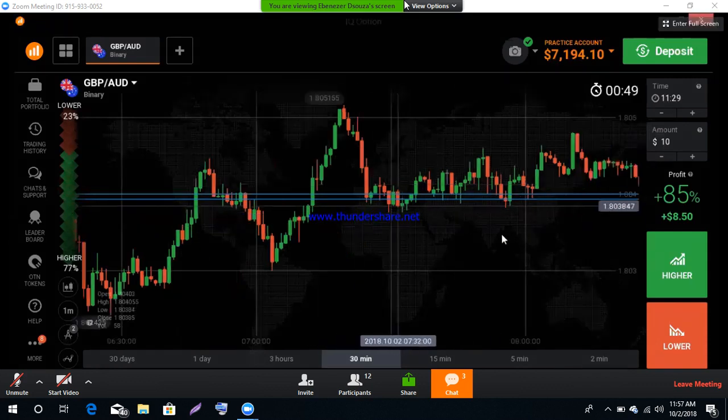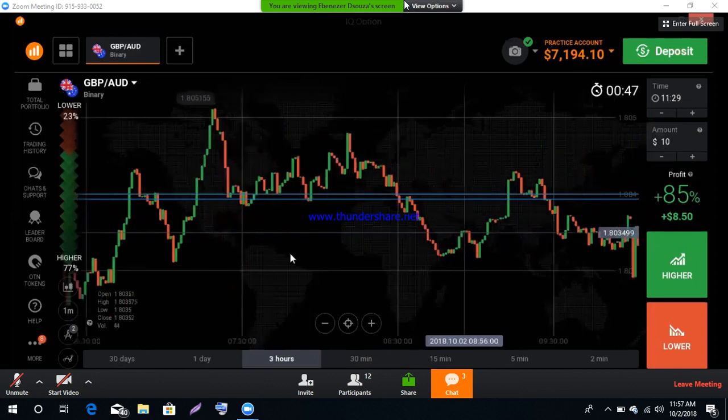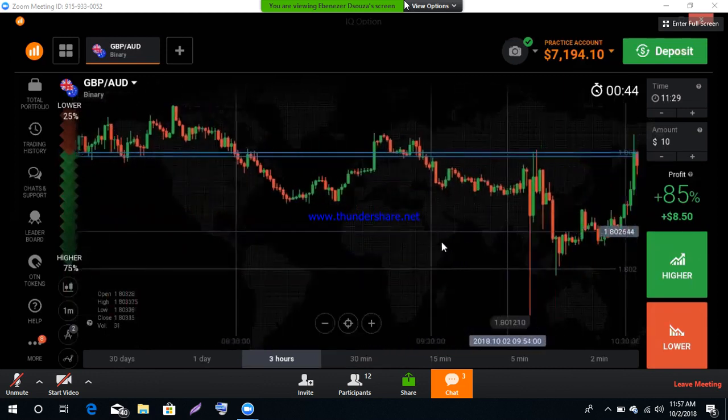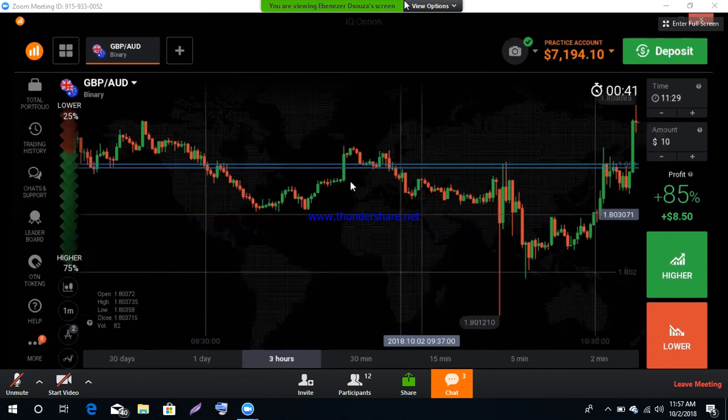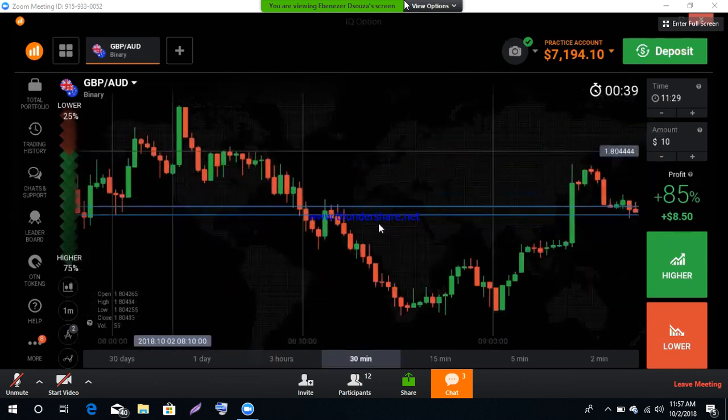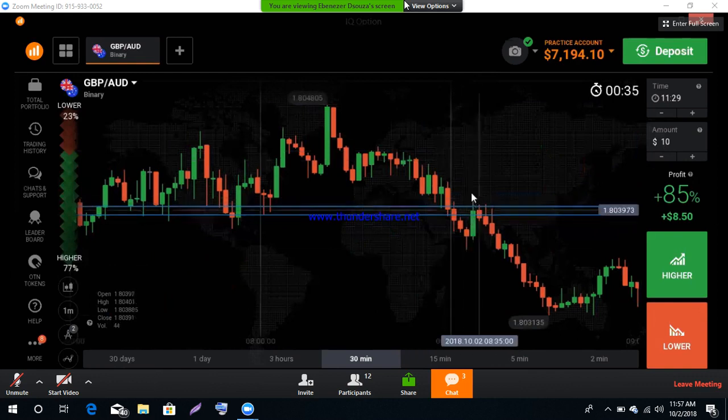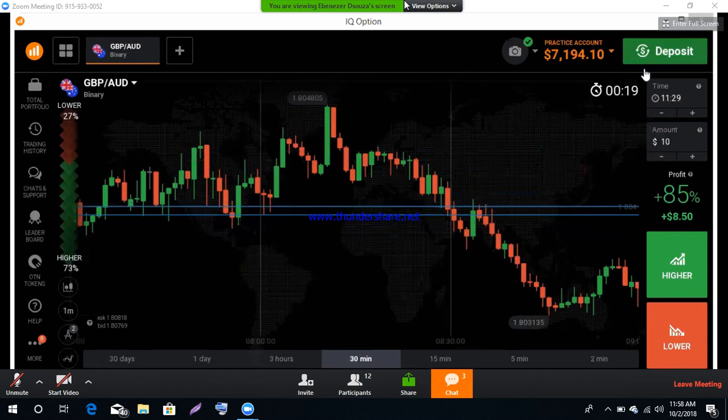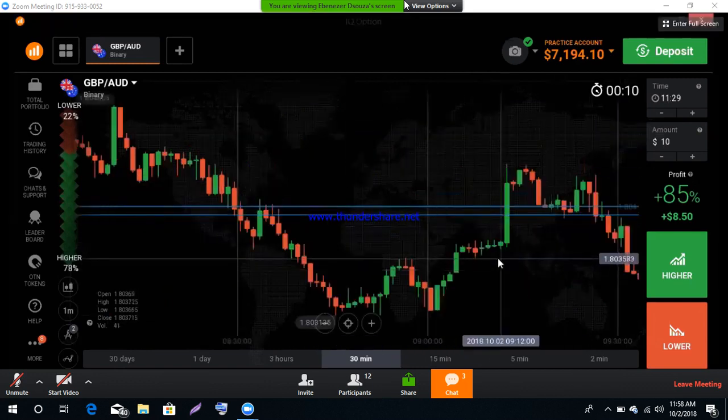Okay, this is the strong level, so you need to trade in the direction. You can see this is downtrend, right? This is minor downtrend. You can trade here, right? This is a very strong level, right? This candle is a very strong candle. This candle closed below the level with rejection. You can trade on the next candle in the direction. In the direction means lower option. Just wait. You can trade here in the direction of the trend.